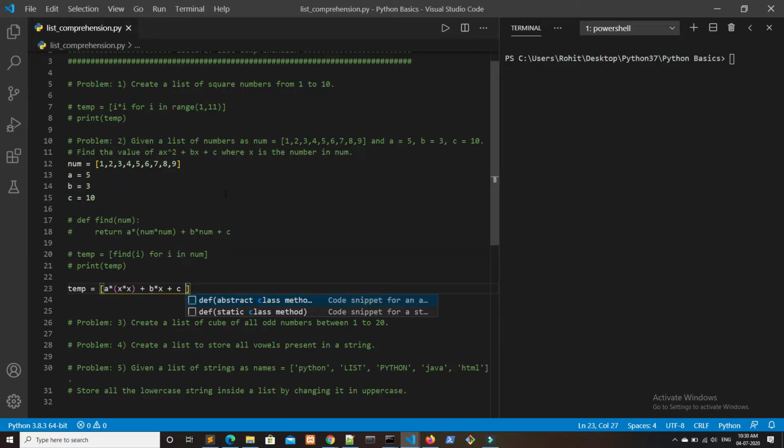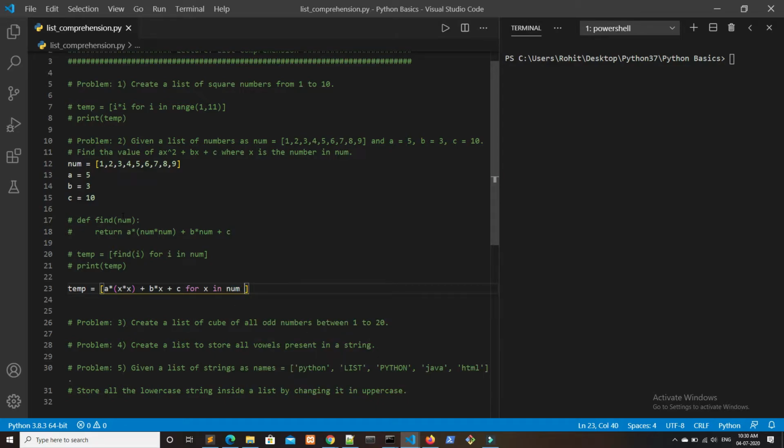Now we have everything, that is a, b and c, but we don't have x. So this x will be coming from the list num, that is here, and we want this x to come from this list num using for loop. So we write for x in num.